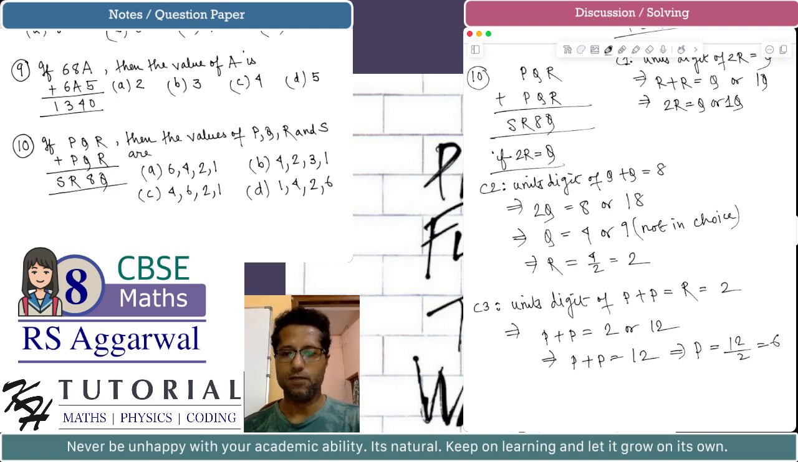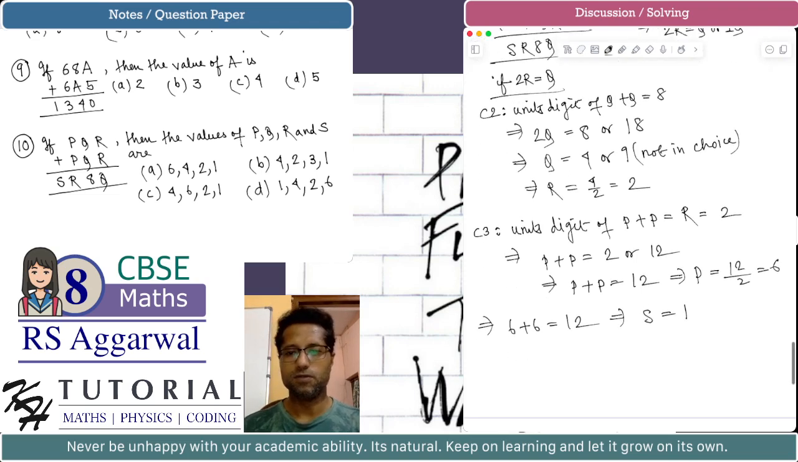So we see, okay, if p is equal to 6, this implies that 6 plus 6 is equal to 12. So this implies s must be equal to 1. So one solution is that